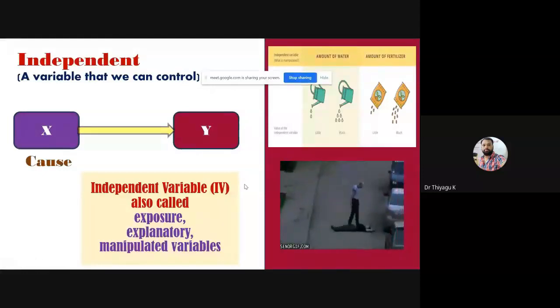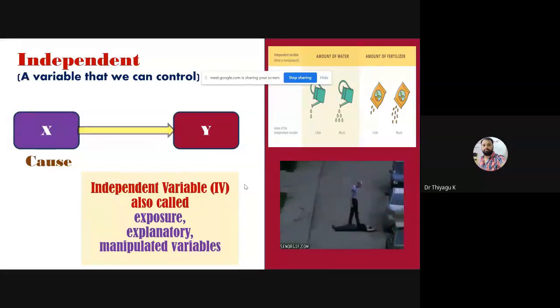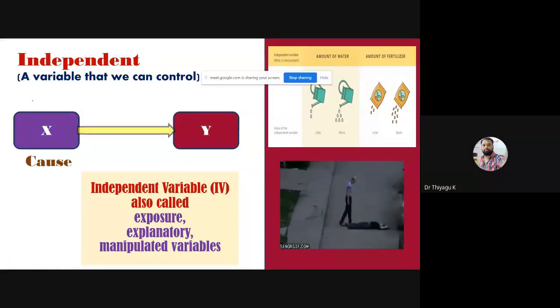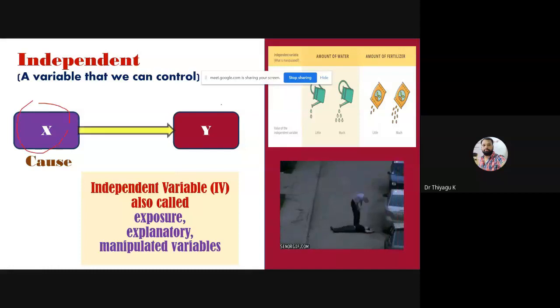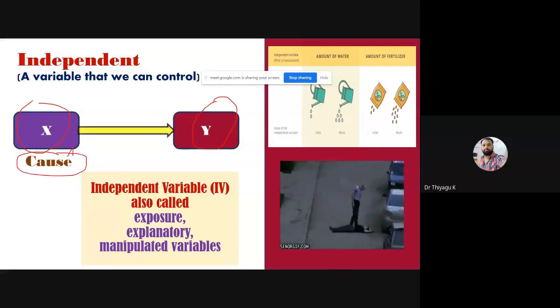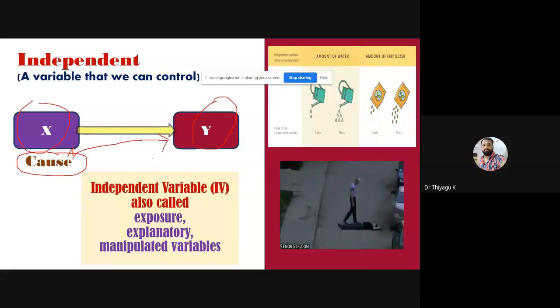My presentation is purely based on images, so you can easily grasp the meaning. What is the independent variable? See the case of x and y. Normally, x we may treat as the independent variable, and y is the dependent variable. We call x the independent variable, in the sense that it is the causing variable. Normally, the independent variable may affect or have some kind of influence on the dependent variable.